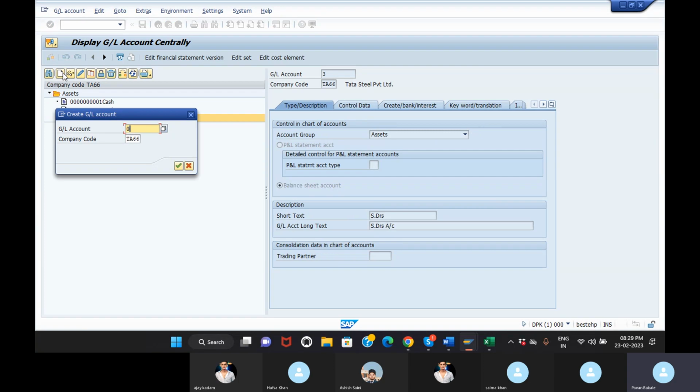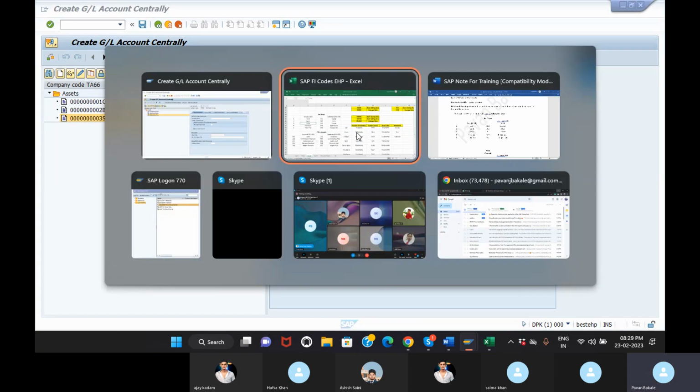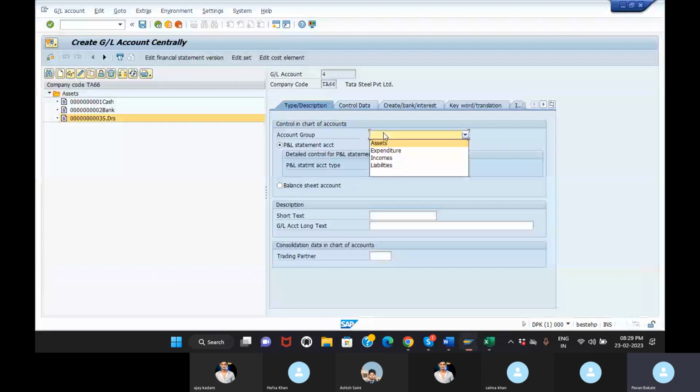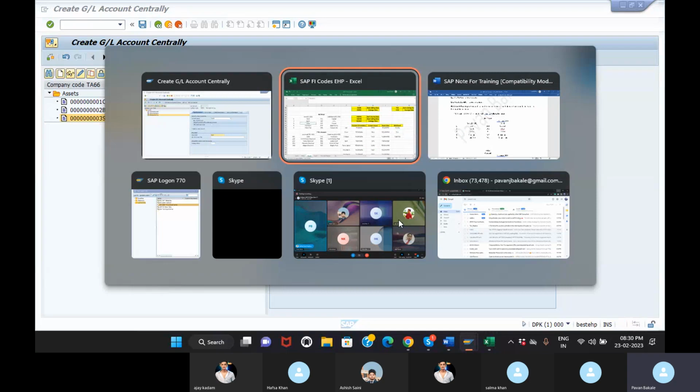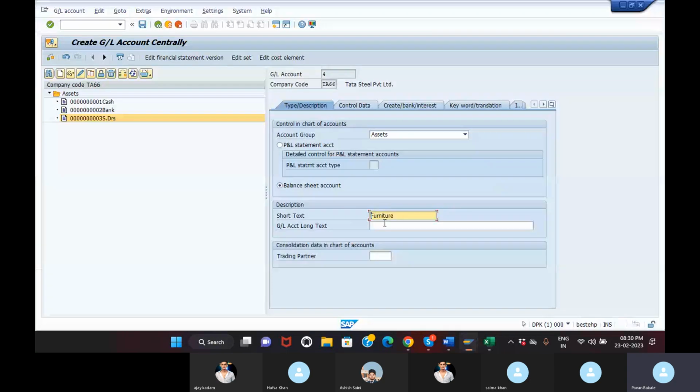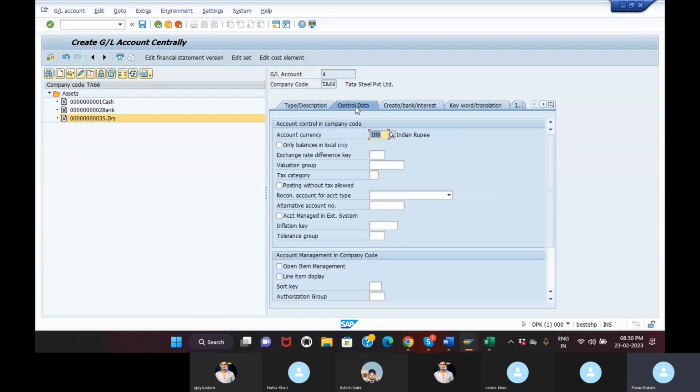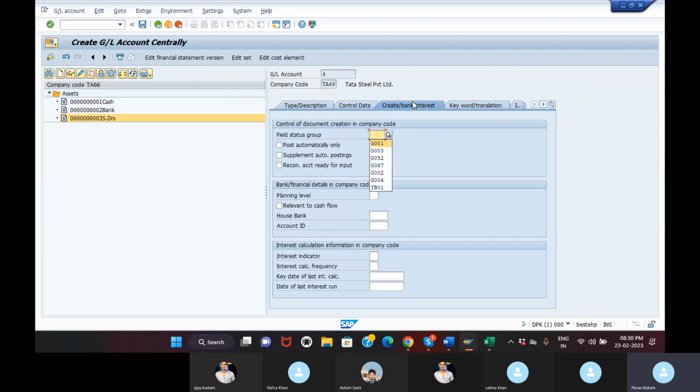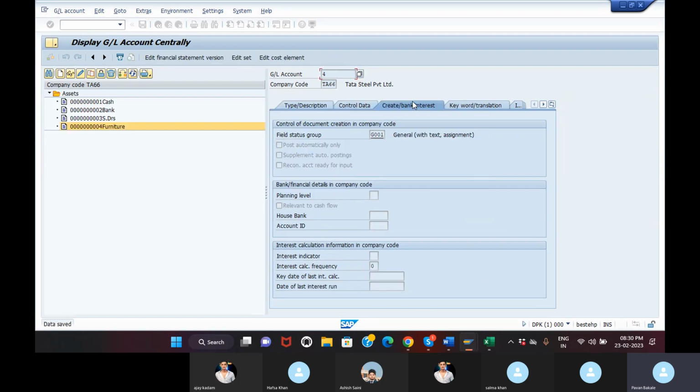Again create 04. What is the next one? Furniture. Assets come under balance sheet. Furniture account. I go to control data, line item display, sort key 001, and go to create bank interest, G001, save, enter. Again create